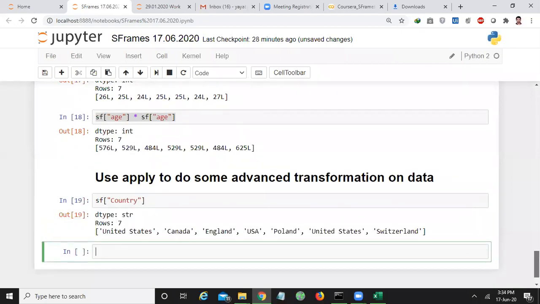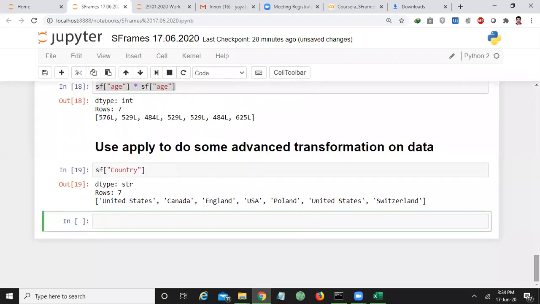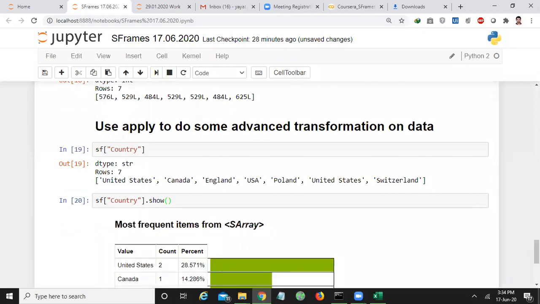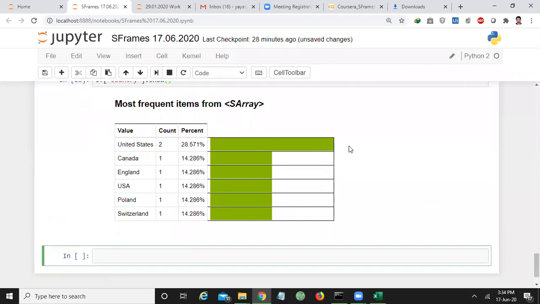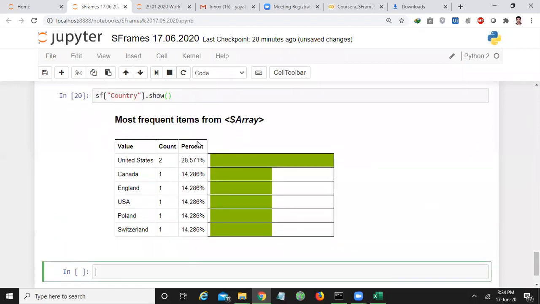These are the countries we have actually. So I want to do some advanced transformation. How it can be represented visually: SF of country dot show. Once you observe here, what are the countries we have? We have 2 examples that contain United States and 1 example Canada. Remaining all are 1 example each.